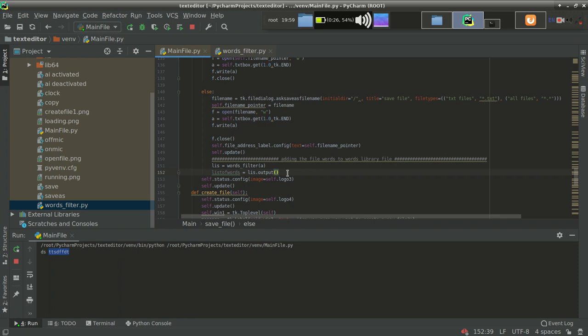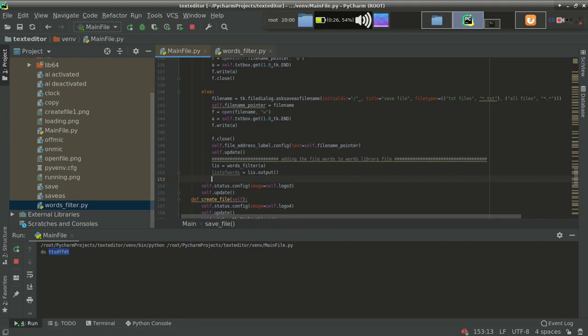Now we want to add these filtered words to the excel file, so we have to make a separate class which will work as a word adder for adding suggested words to the excel file.